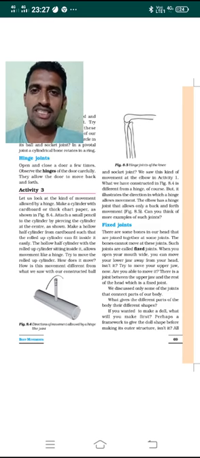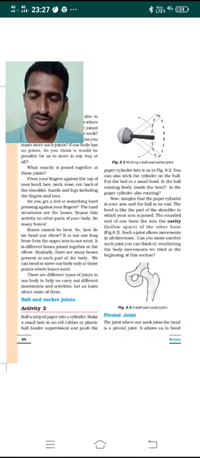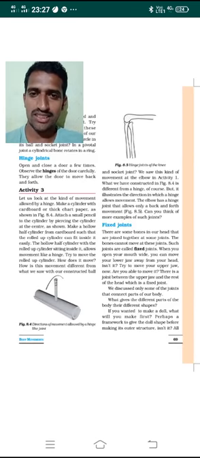So we have been studying the lesson body movements. Under that I have explained about the different kinds of joints. In the previous classes we studied about the ball and socket joint. Later on we studied about the pivot joint, and in the previous class I explained to you about the hinge joint. So dear students, in today's class, let us learn about the fixed joints.